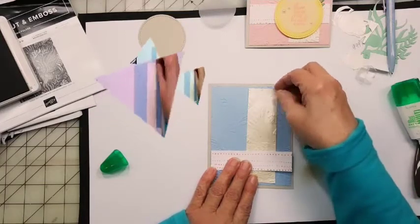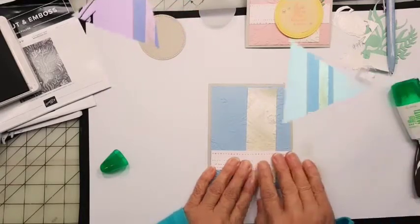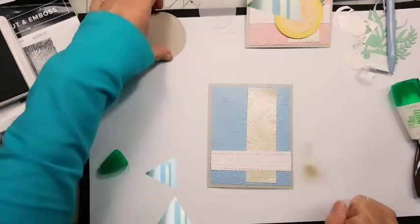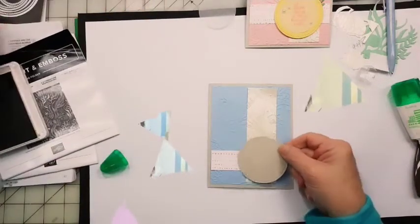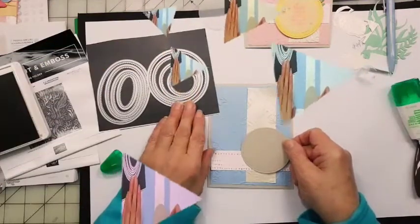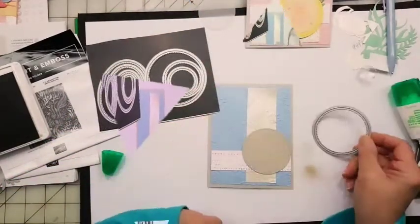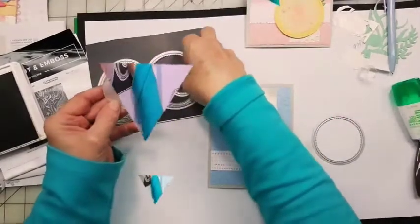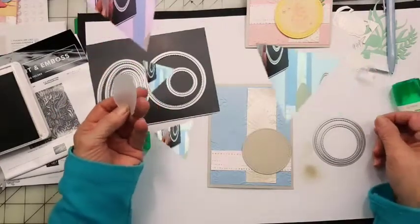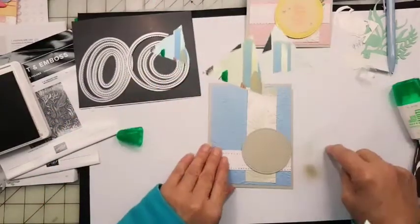This is crooked. Story of my life. There we go. So now I'm going to go ahead. This is the circle that will go here. And what I used is, these are the stitch shapes. And I used this size to cut out this circle. And then I cut another piece with this circle. So it's the two, well, the second largest and the third largest. And I'm going to stamp on here,